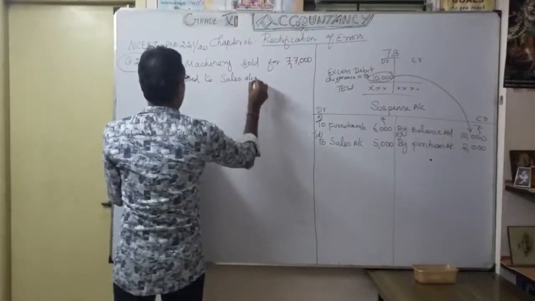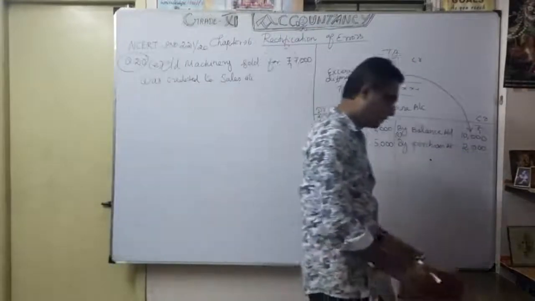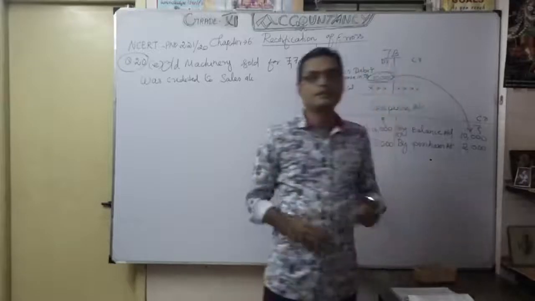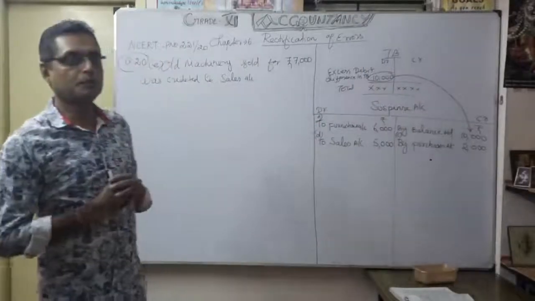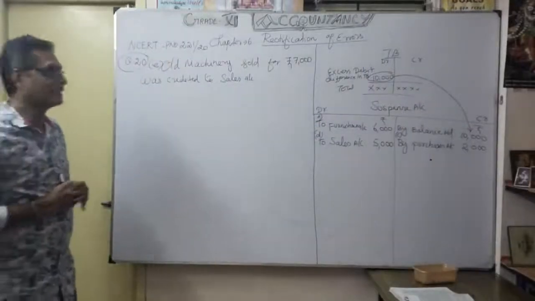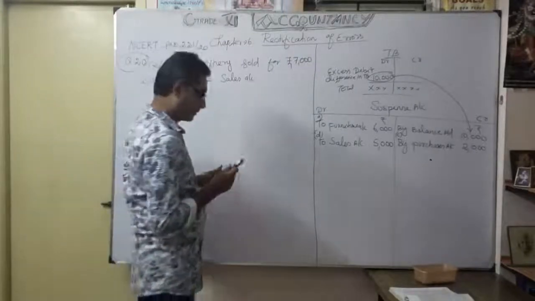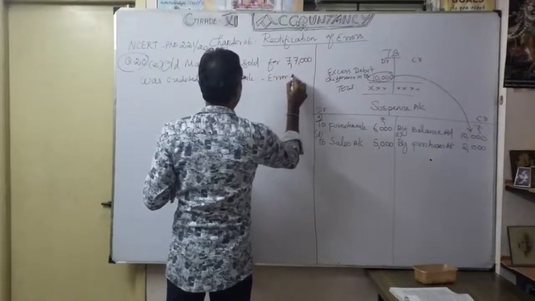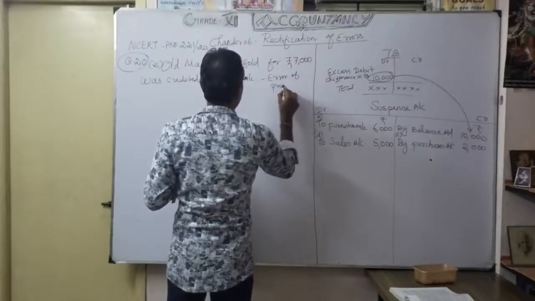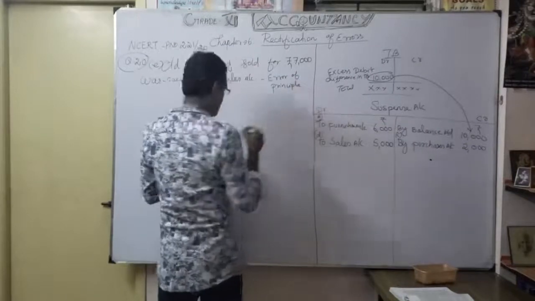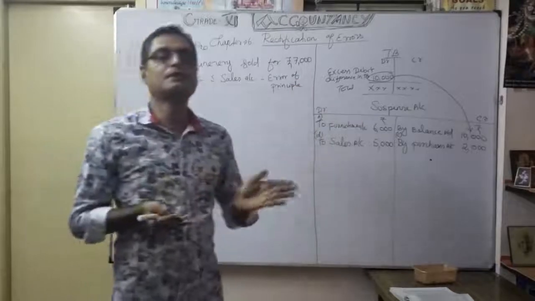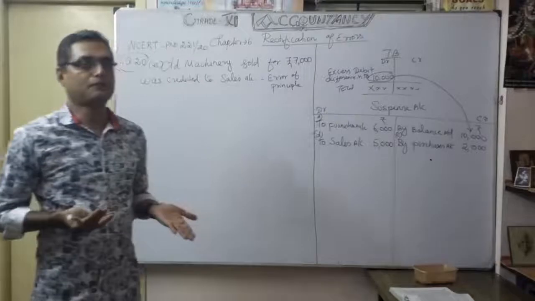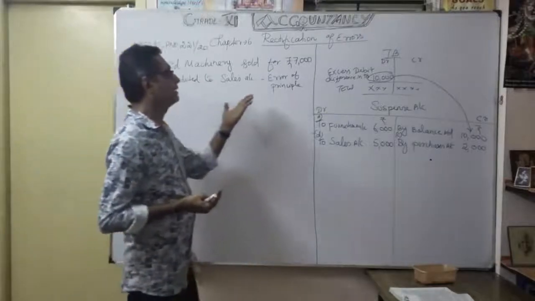Okay. So now tell me, what is the error that occurred here? Once you read the transaction, you can clearly identify which type of error it is. It is coming under error of principal. You know that very well. What is the meaning of error of principal? The allocation of capital expenditure and revenue expenditure is wrongly given effect. That's what we can say is coming under error of principal.